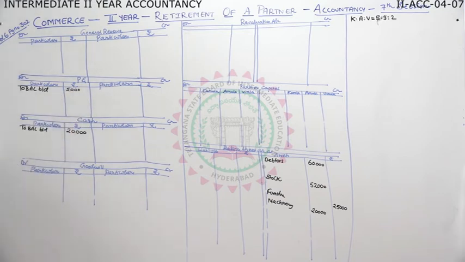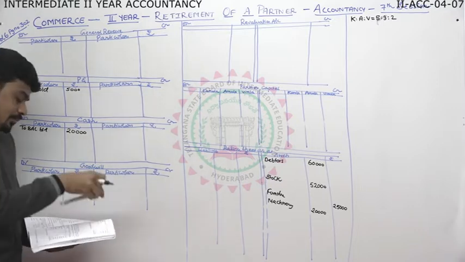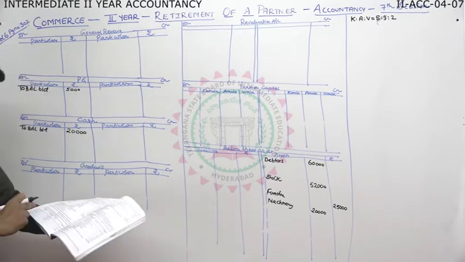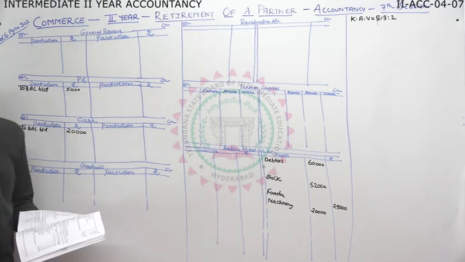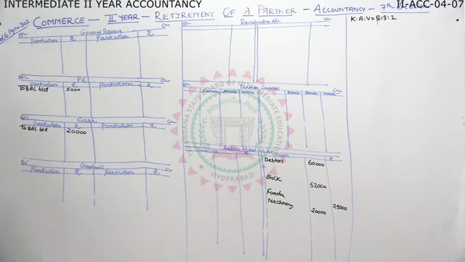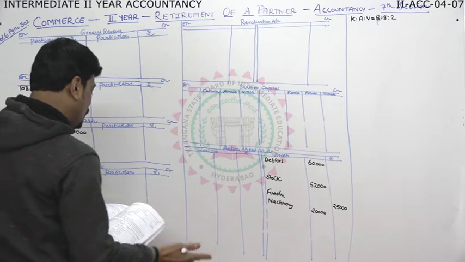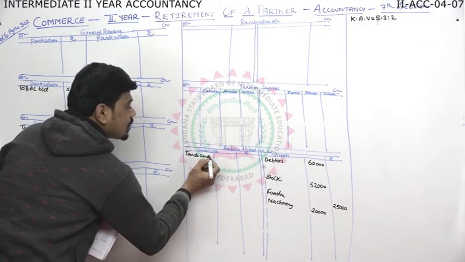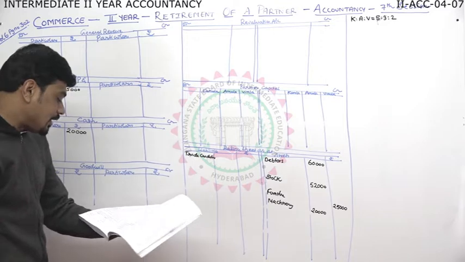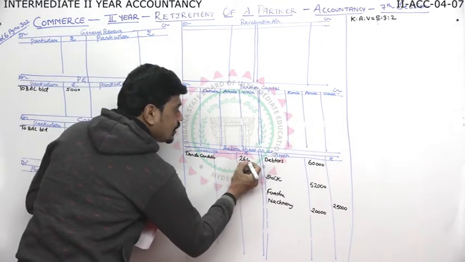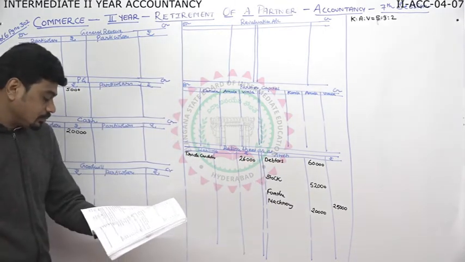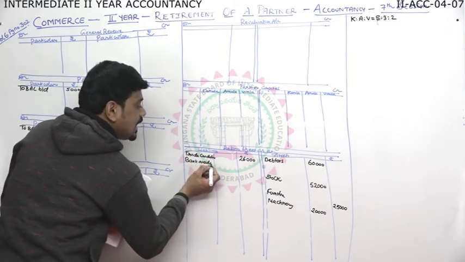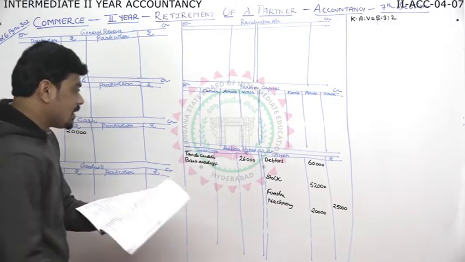5,000 we wrote. Then comes the next part of the problem, posting the liabilities. What is the first liability given? Creditor. It's a creditor. So any adjustment about creditor? No. So as it is, we'll write trade creditors. Amount is 26,000. Then bank overdraft. You know, it's a liability. Bank overdraft